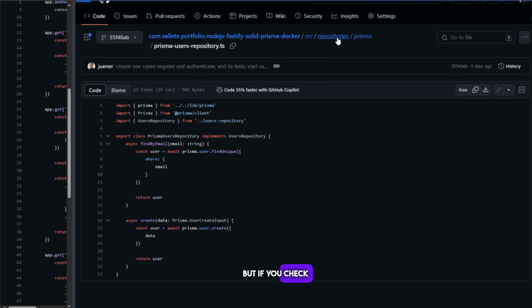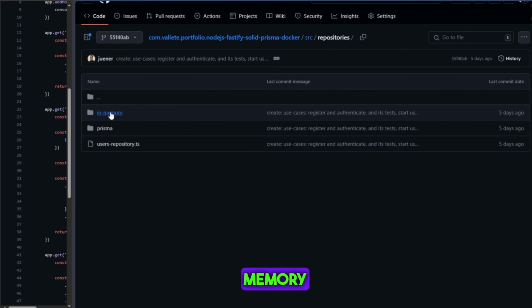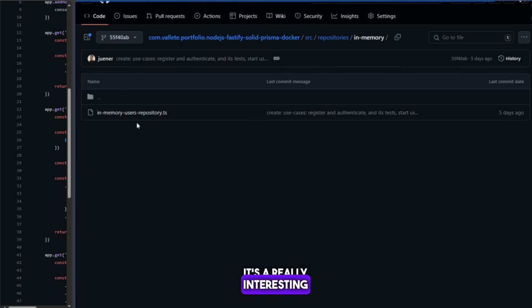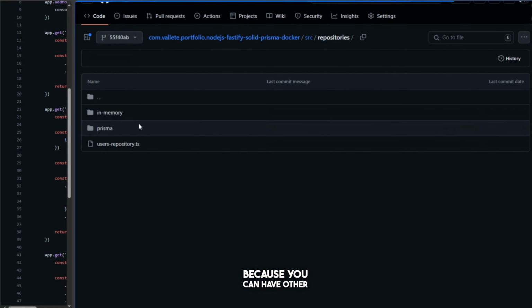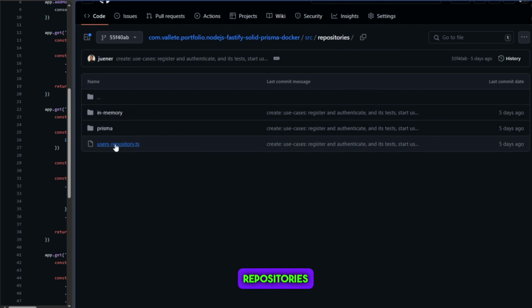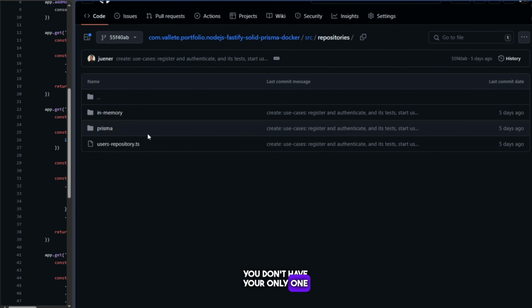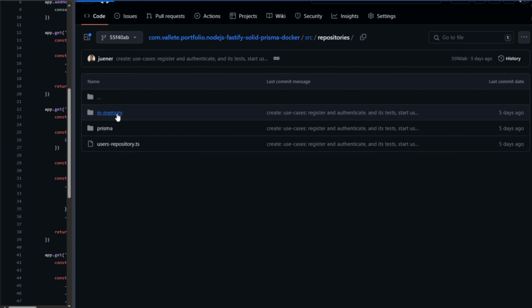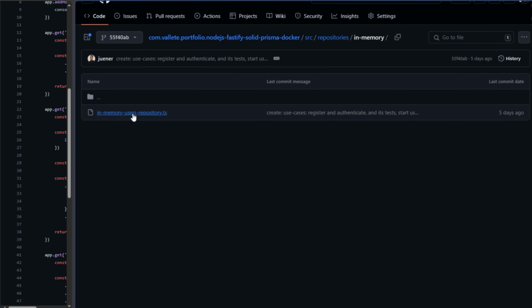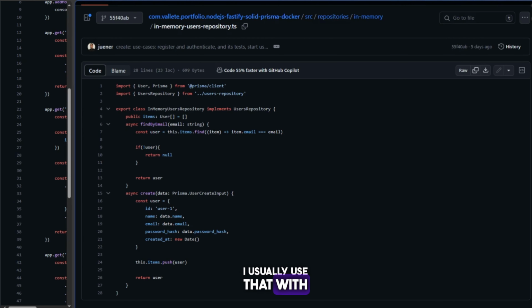But if you notice, there is an in-memory one here. And it's a really interesting repository because you can have many repositories here. And as the project gets bigger, usually you don't have only one. Imagine you calling a Prisma repository, or a memory repository, other repositories. And here you have decoupled the repositories. Nice. So in this case, the in-memory, I usually use that with a really basic JavaScript code like we can